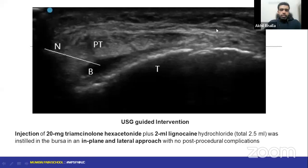Okay, so now coming to the intervention which the authors did. So this was the image provided by the authors. This is the tibial shin, and the patellar insertion of the patellar tendon. This is the longitudinal view, and the N which has been marked by the authors shows the needle insertion. So apparently this is a longitudinal view with the needle coming in the in-plane approach through the patellar tendon